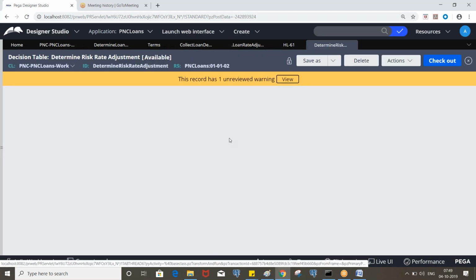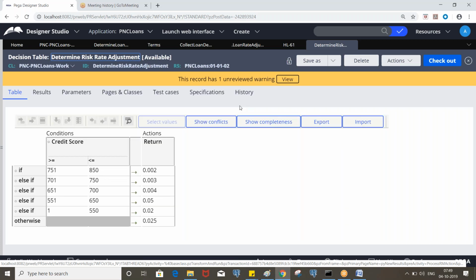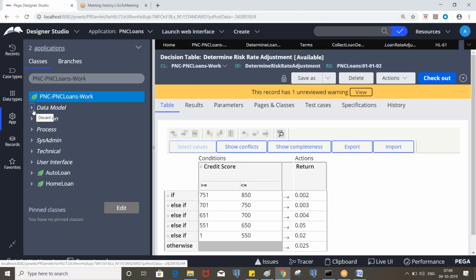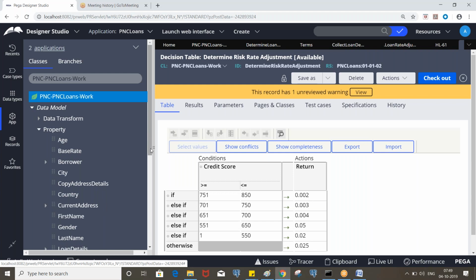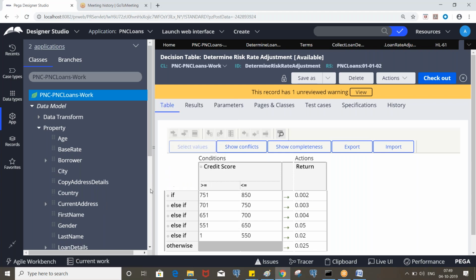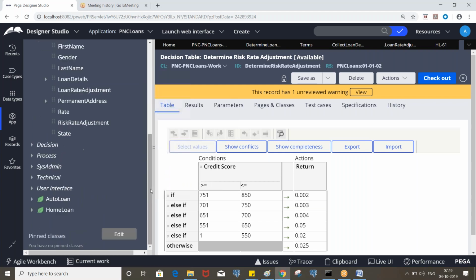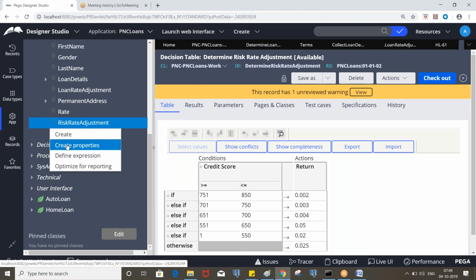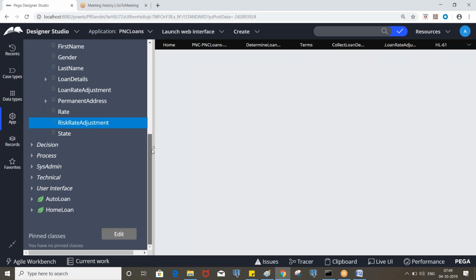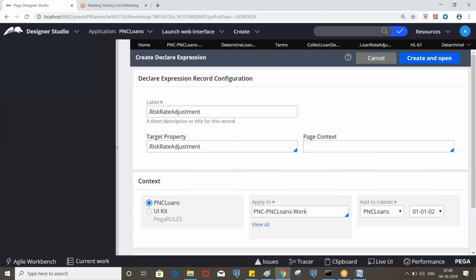Let's create a declare expression on the target property called risk rate adjustment. So go to the risk rate. Create expression.